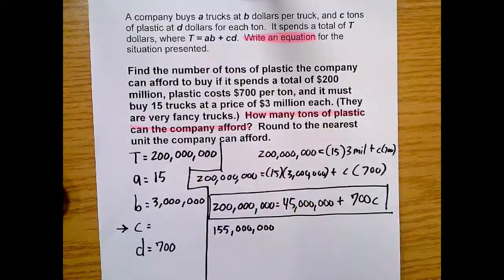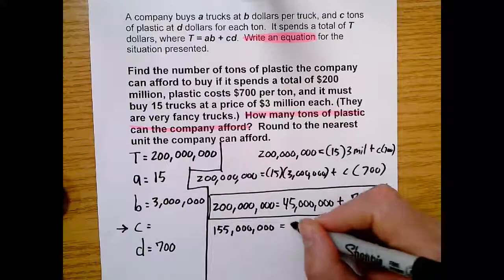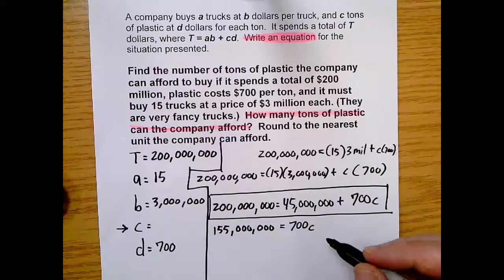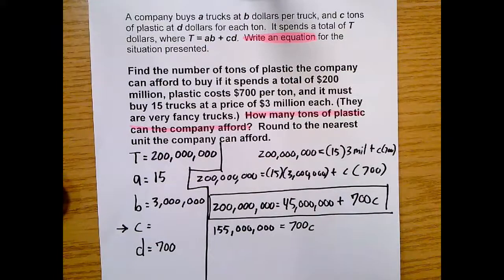Okay, 155 million is equal to 700c. Okay, and so now this c is what we're trying to solve for, but it is not isolated because it's being multiplied by 700. So we need to find the opposite of multiplying by 700, which is dividing by 700. And so we're just going to divide both sides by 700, and you're going to get 155 million